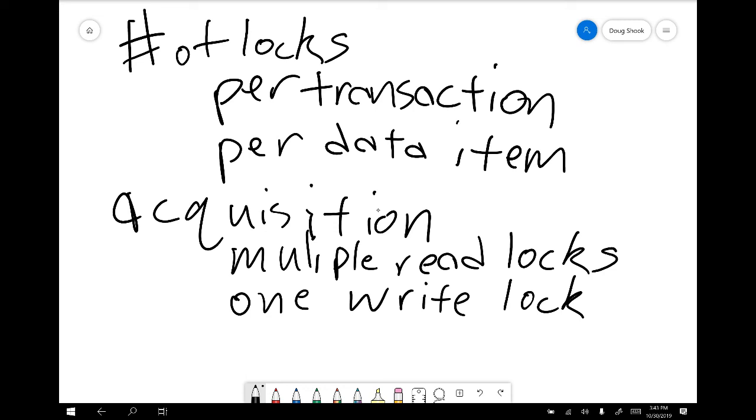And if I acquire things in the wrong way, what's going to happen? If one transaction tries to acquire a read lock and the other transaction tries to acquire a write lock, what's going to happen? If we don't use any parallel programming, we're going to hit deadlock very, very quickly that way. And so then the question becomes, can I get out of deadlock?